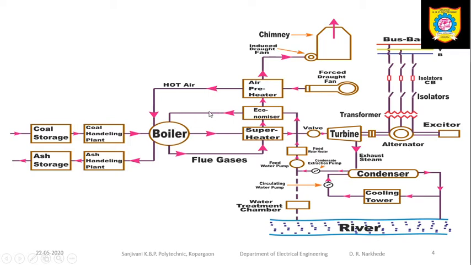Now inside the boiler we have a water arrangement, water pipes also. There are two types of boiler, fire tube boiler and water tube boiler, that we are going to discuss in detail in the next lecture. What happens when the coal burns is that it produces heat, and that heat results in increasing the temperature of the water which is flowing through the boiler tubes.